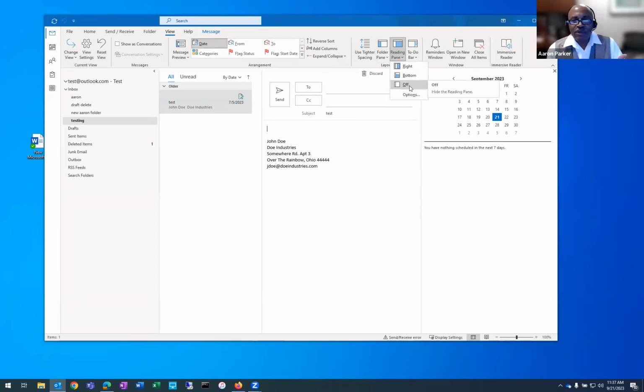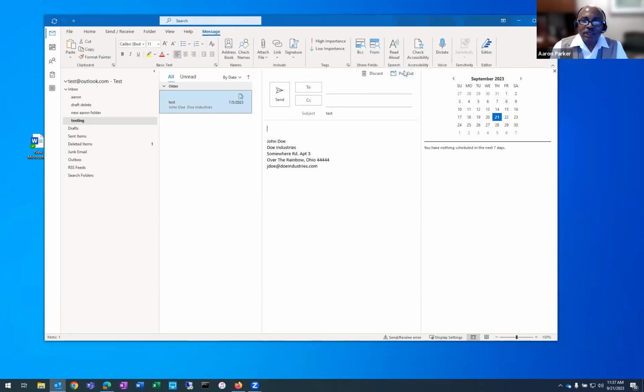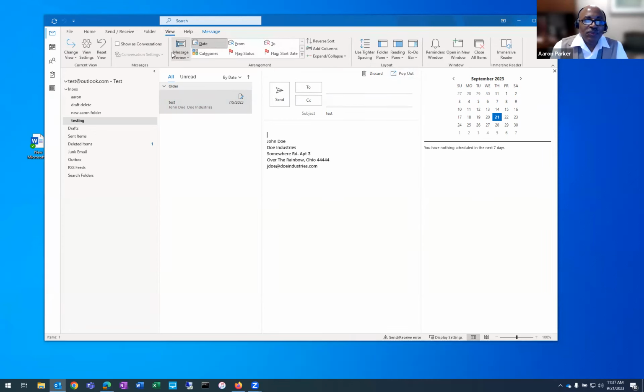It allows you to read the emails to the right. You turn it off, it won't show it at all. So we're going to go back to normal here. All right, so if we go back to view,